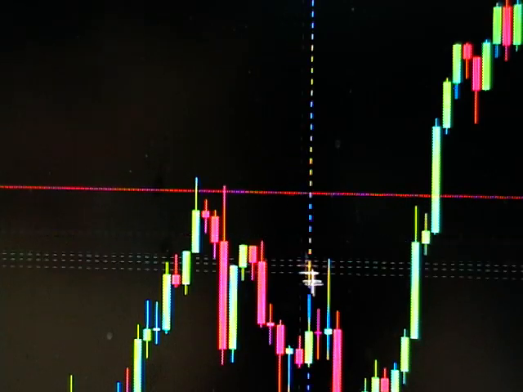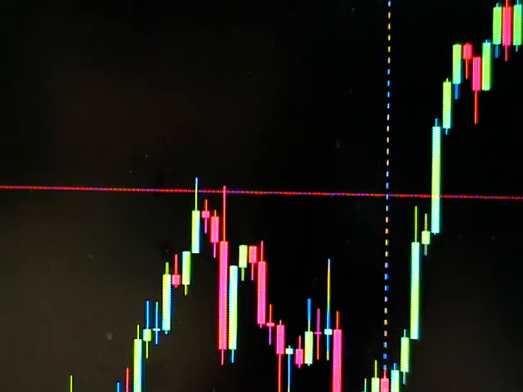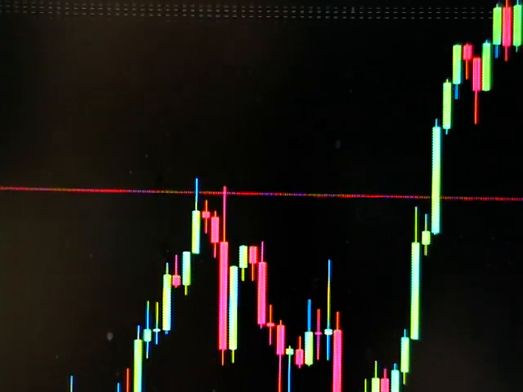Maybe because we had an inverted hammer right here, which goes up and then down. Who knows? But anyways,